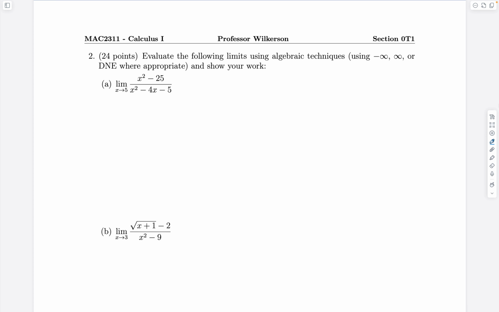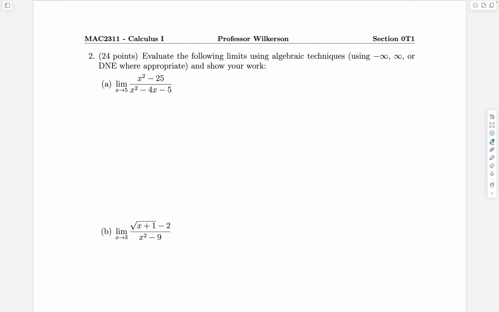For this question, we have a couple parts which we'll do in segments, but the overall question is we want to evaluate these limits given, but using algebraic techniques, okay? Now, we will need to show our work for these, so as we go through, we'll want to recall all